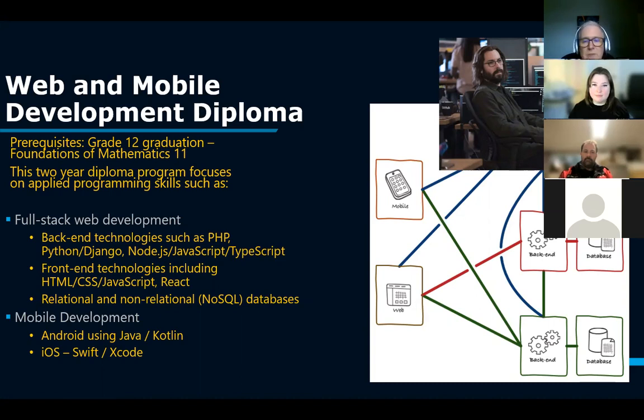We really want to have you guys build up a portfolio of functional and impressive looking websites that you can show to a company that does software and web development and say, these are the skills I have built up in my 2 years of ITAS, and I can actually design and build functional and useful websites that makes you valuable